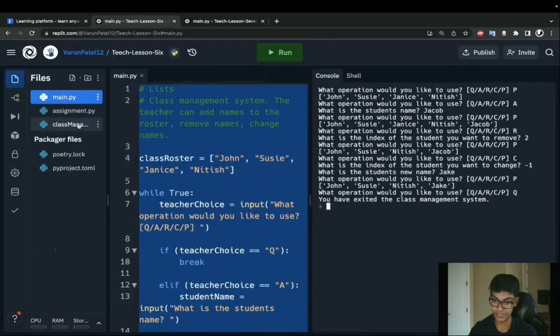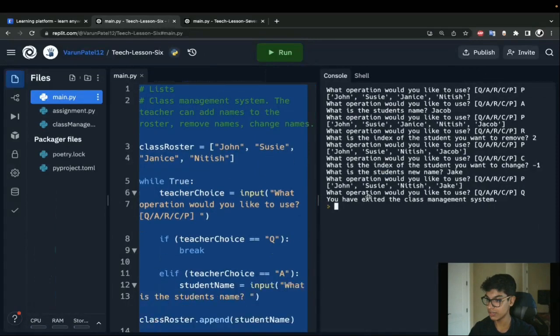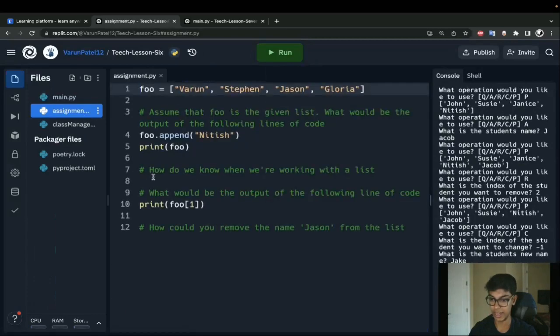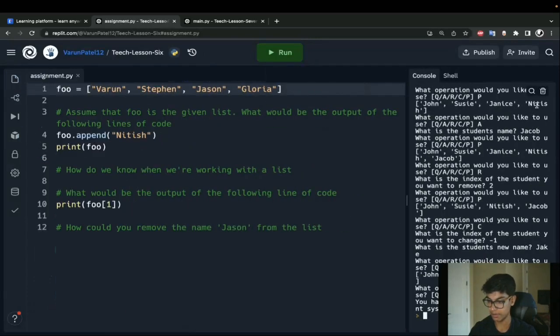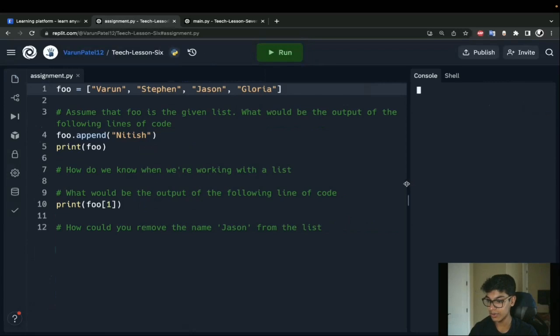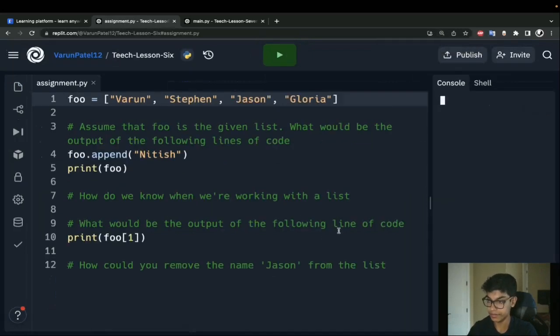We've gone over lesson 6, and the last thing I want to do is just do some practice with you guys, some assignments, if you will. Because we didn't get to do that with our recorded lesson, so I want to go ahead and do it now. Let me zoom in.